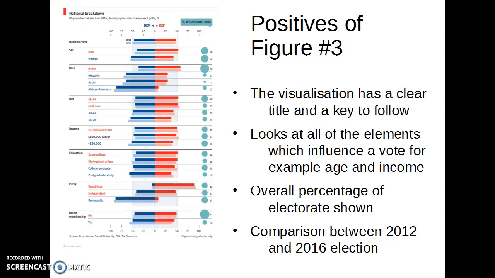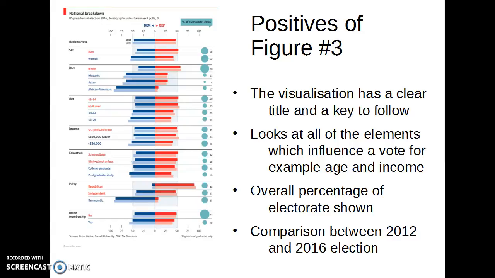It also looks at all elements which influence the vote. Few of the charts show this, and for that it's more interesting as it determines what type of people are more likely to vote Democrats or Republicans. The overall percentage of electorate is shown, and thus gives us an idea of an average of votes. The comparison between the 2012 and 2016 election is interesting, as it shows how social norms have changed and also